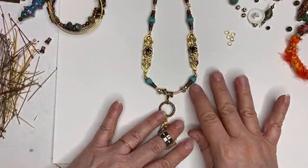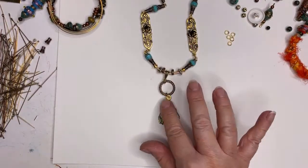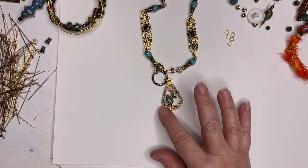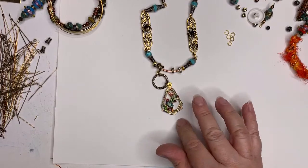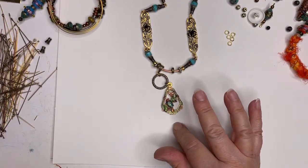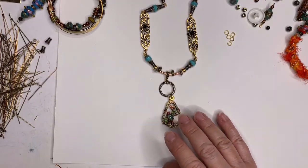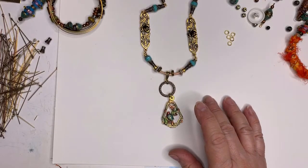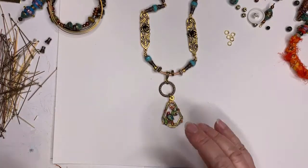Maybe give you an idea for you to make a necklace using some Bijou by 1928 stuff, because this focal with the bird is one of the oldest 1928 castings there are, and we have them made for that line, and it's one of my very favorites. But there are so many others. We have, I think, between 150 and 160 pieces in the line, and we have it in weathered copper,